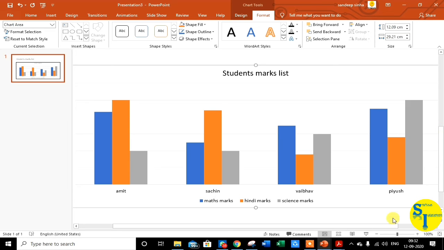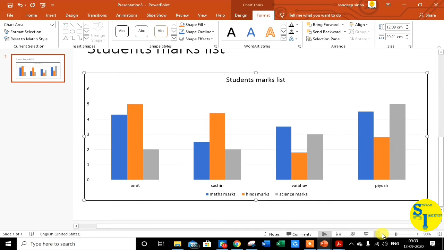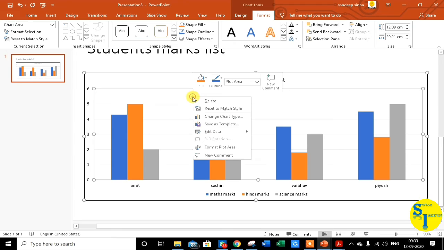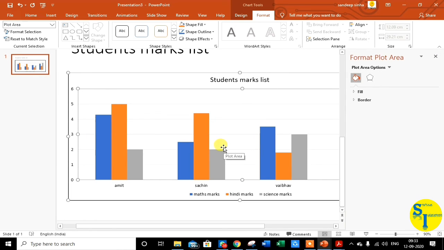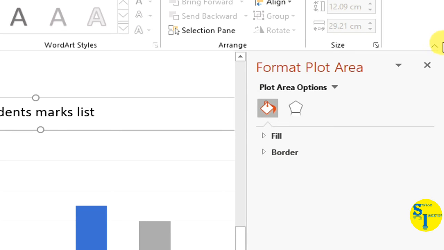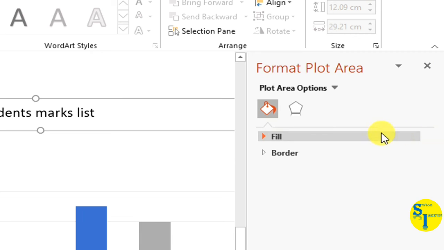To do this, just right click anywhere on the chart and select format plot area. The format plot area dialog box will open on the right pane.